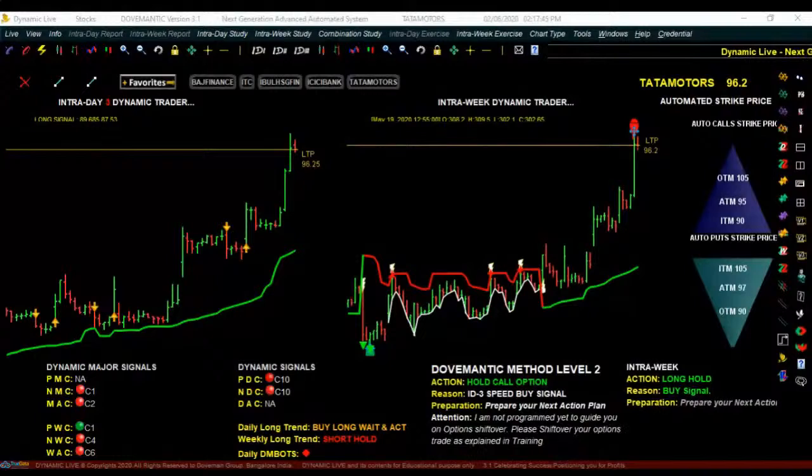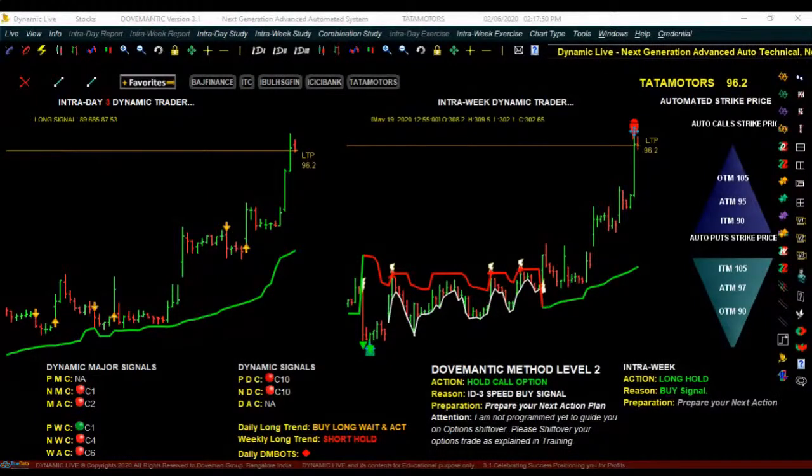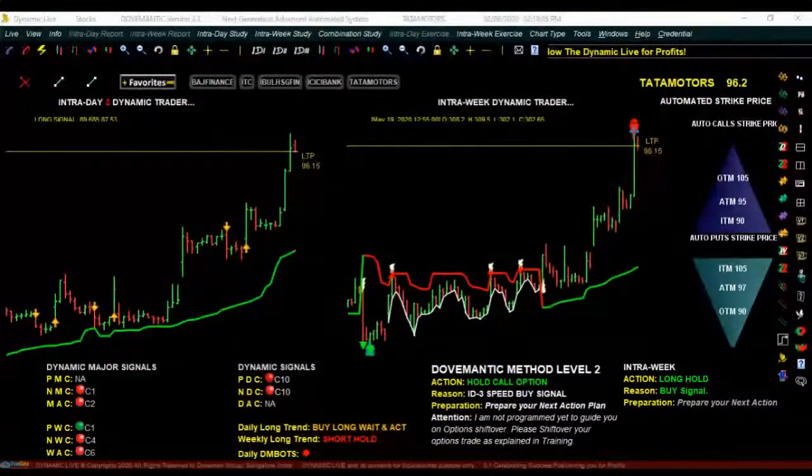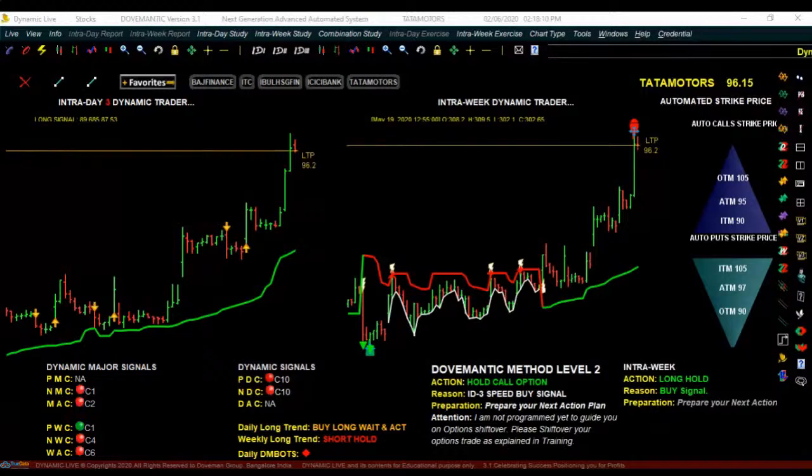I think one lot of Tata Motors with this price must be somewhere around 7,000, if I'm not wrong. So with the 7,000 lot size, if you're talking about 4 points gain, then how much profit is that here? We're talking about 28,000 rupees profit from today morning 9:30 till now in a matter of a single trade. Just in a single trade, this is the kind of profit that we are able to earn from this. So these are all the benefits here.